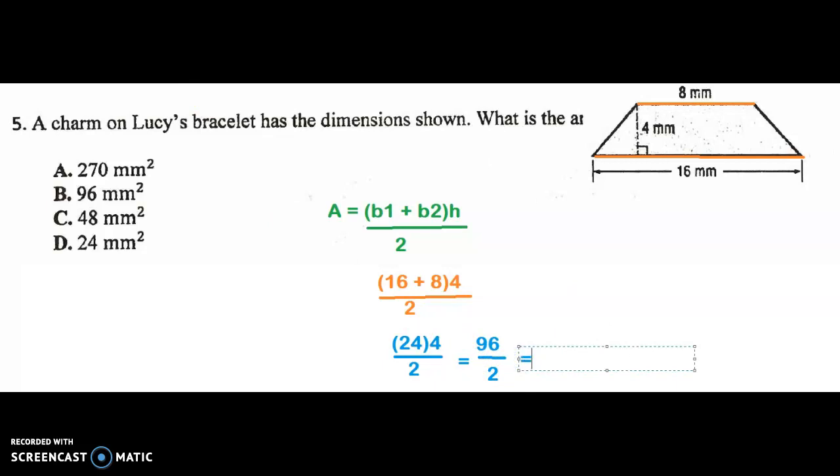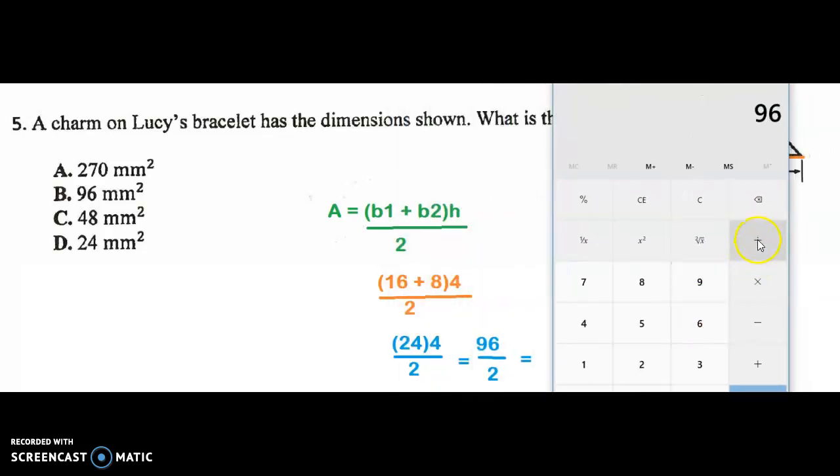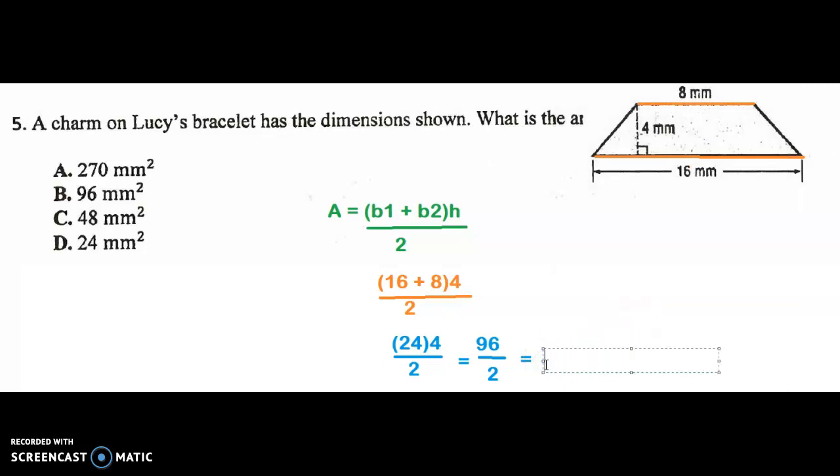Hopefully you guys can solve this part. If not, you can use your calculator. 96 divided by 2 equals 48. So I'm going to put 48 here. All right, so the thing I wanted to stop and talk about, and 48 is my answer for C, is